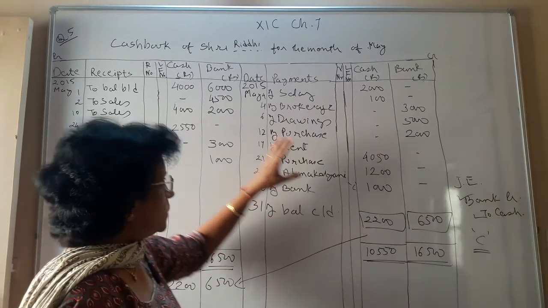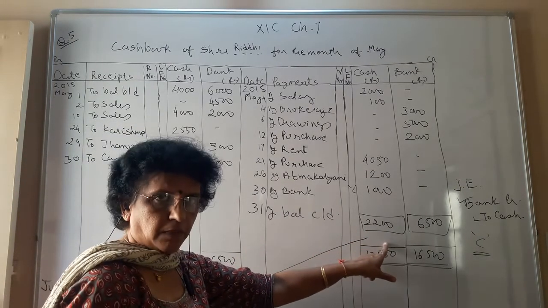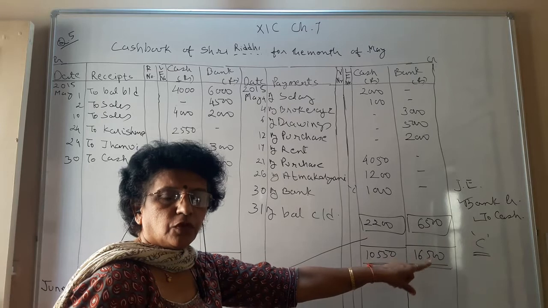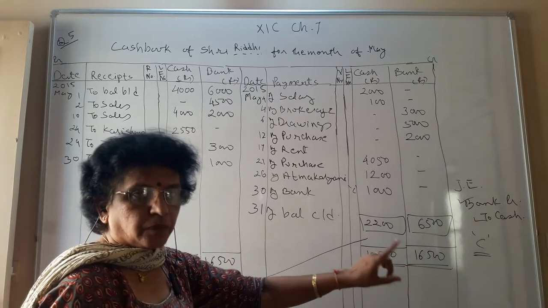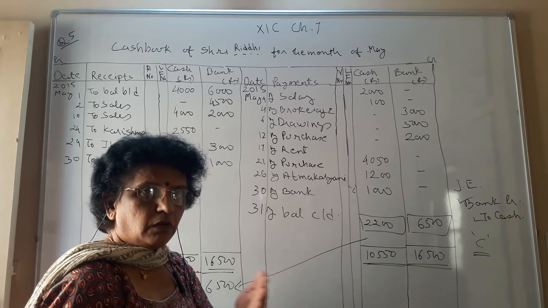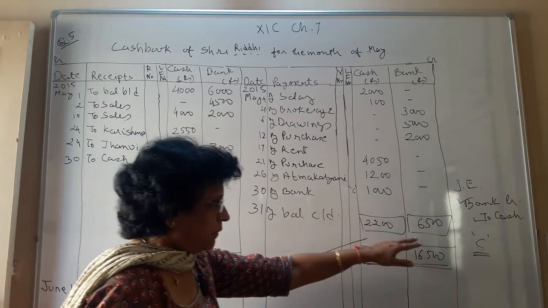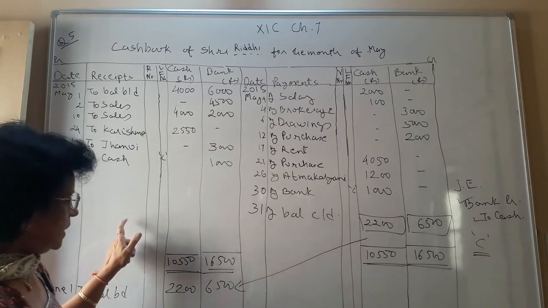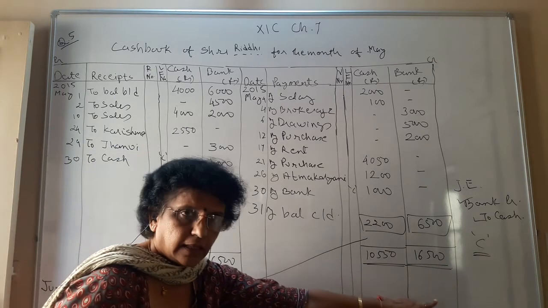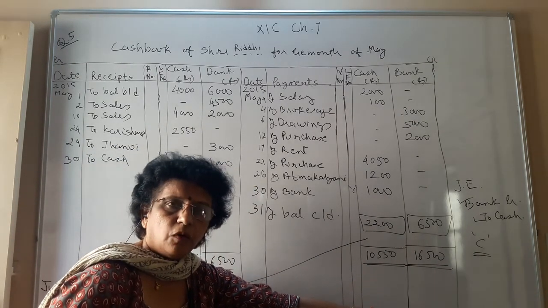Okay. So this way you have to balance. Cash always has a debit balance, but for bank all possibilities are there. You may have a credit balance. Credit balance means bank overdraft. Withdrawing from bank more than your balance is bank overdraft. And when you have a credit balance, the difference will come on the debit side and that will go on the credit side next month. That's why it is known as a bank overdraft.